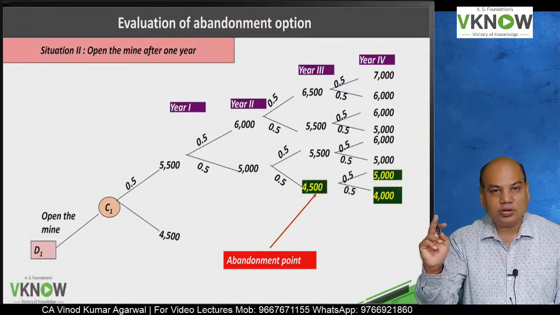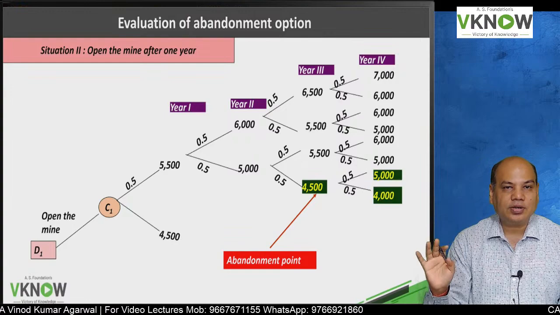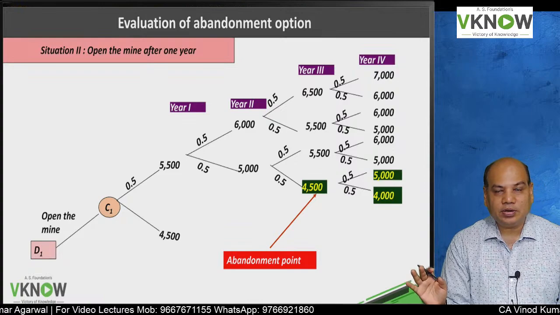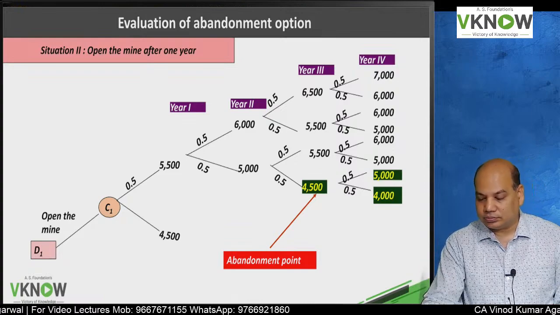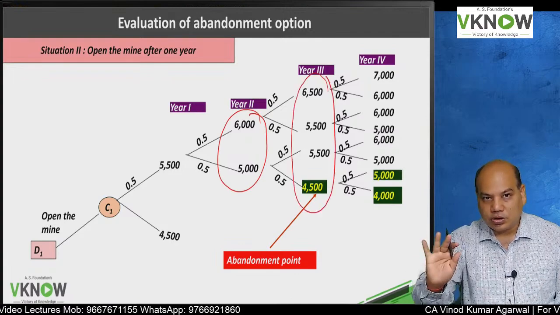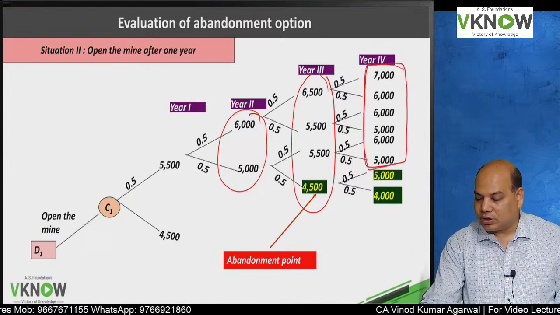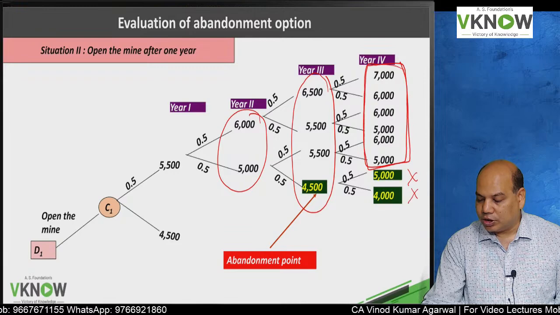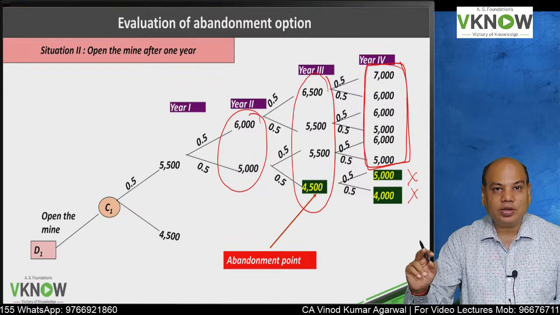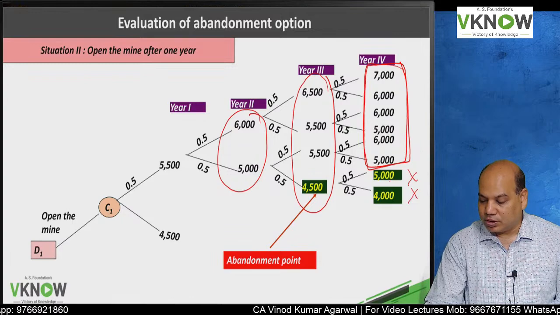So write down in the diagram number 2, go to 4,500, tick mark, and write below abandonment point. That is the point we'll abandon. And now we'll do the same calculation. This cash flow will not change, up to year 3 will not change. But in year 4, only we'll get these numbers. These 2 will be avoided. Probabilities will not change. Probabilities will remain 0.125 only.